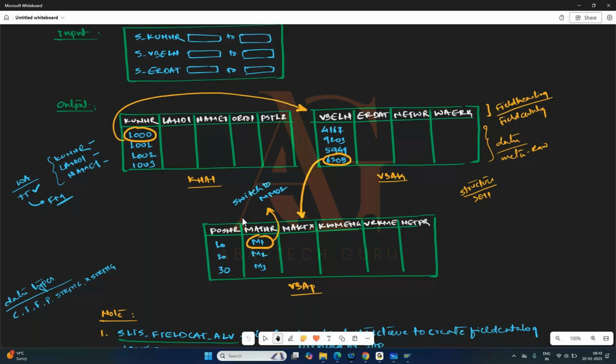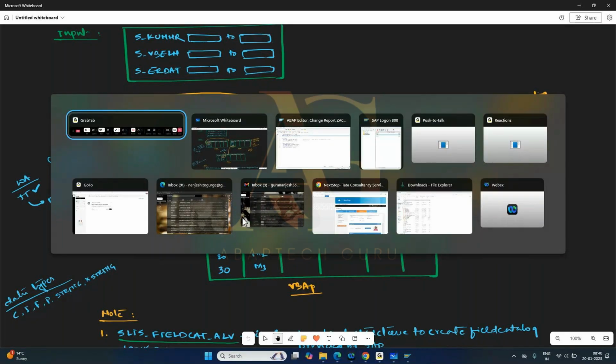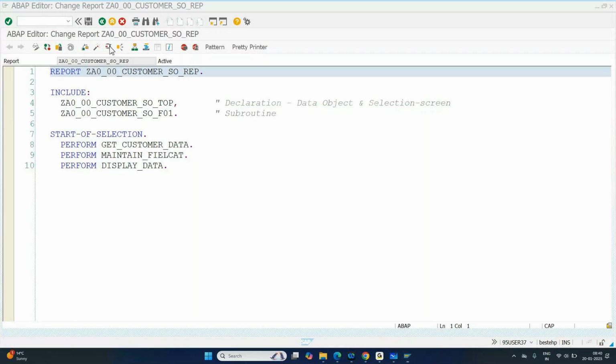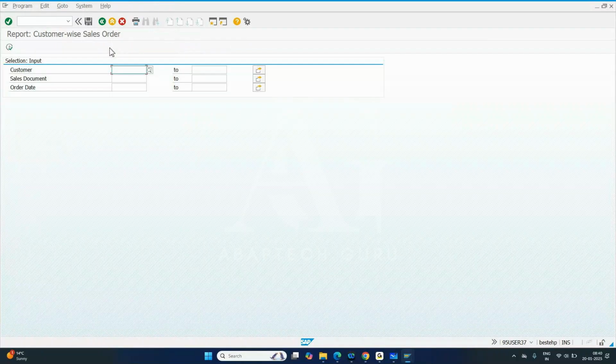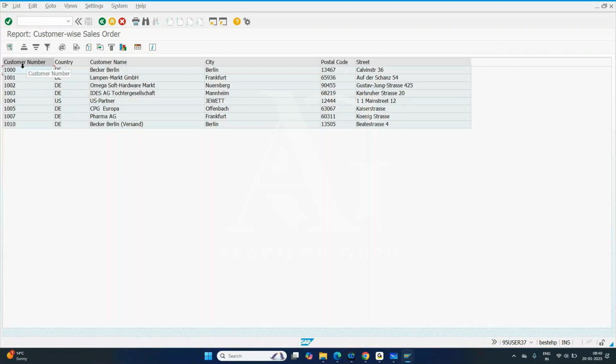And even whatever output we have generated, the user wanted some customization in the output list. Customization in the sense what? He wants different labels. In the standard data element, we do have a different set of labels, but the user is expecting a different set of labels. So in the output list, if you want to do any customizing for your column,